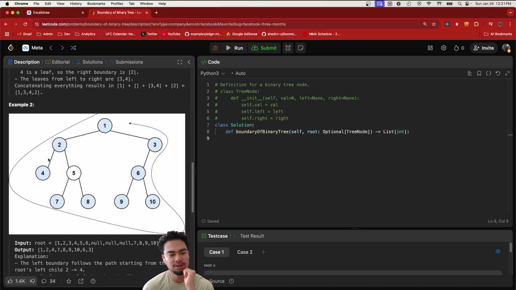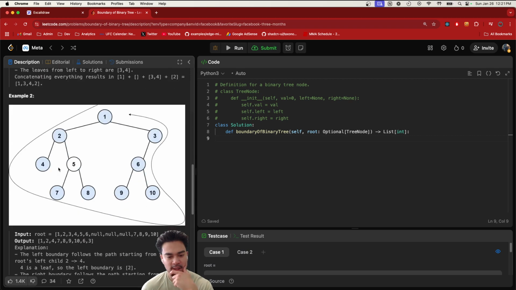So if we remove this, okay, I think we just need to ignore the root and then just figure out the left side here. Then we need to ignore the right, then we need to ignore the right or left here, and then just find, and then just do a we can do